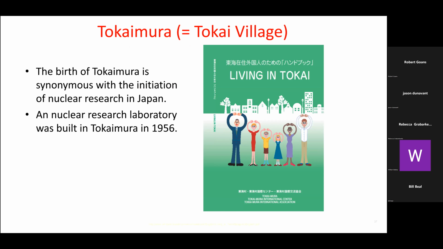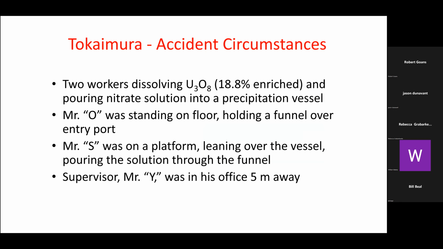So Tokaimura, here's a tourist brochure. It's synonymous with nuclear research in Japan. And the research laboratory at Tokaimura was built in 1956. So here's the accident. We had 2 workers that were dissolving uranium oxide, 18.8% enriched, and pouring the oxide in